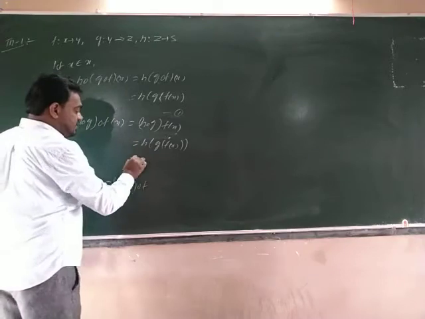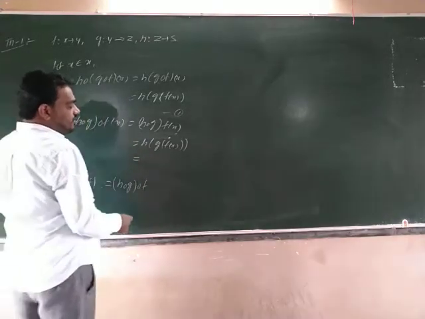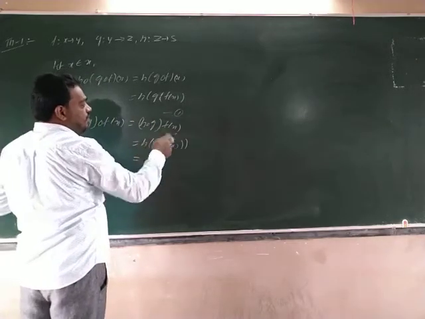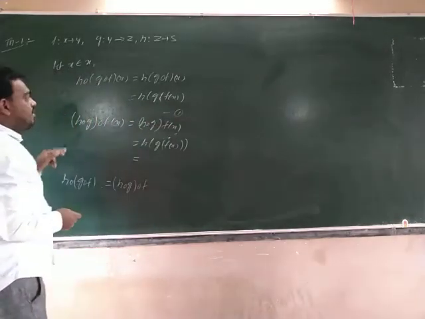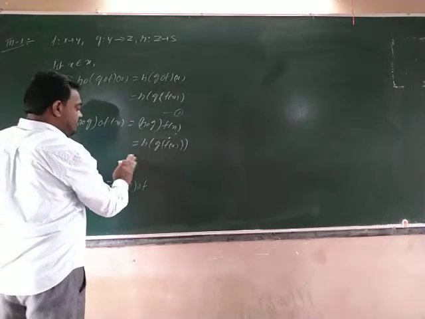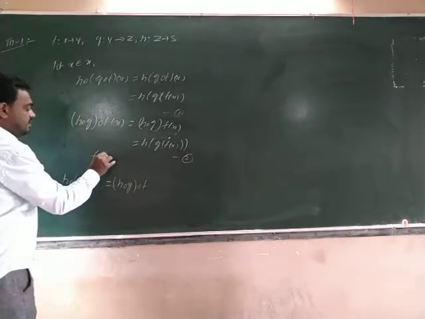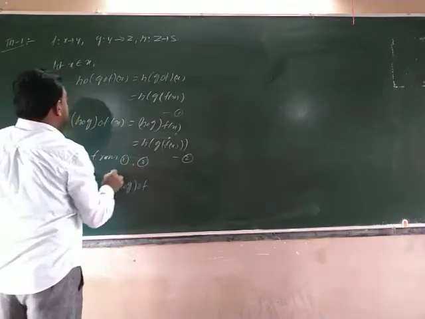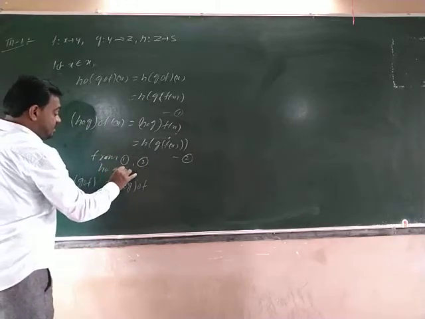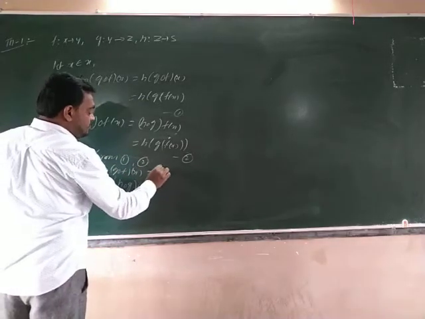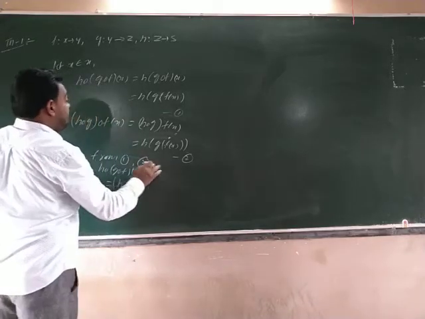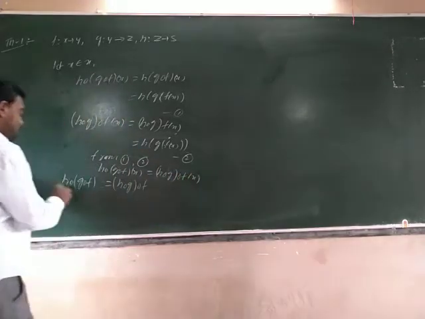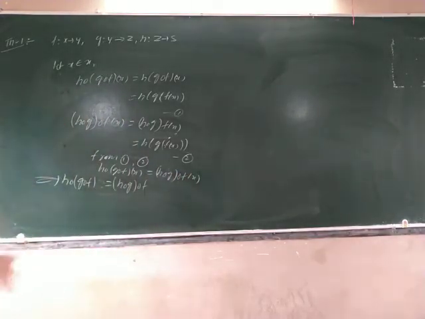Right? This is equal to what I am writing, you see. Just you see h of g of f of x, h of g of f of x. From 1, this is equal to, otherwise I take as 2, from 1 and 2 you write. Otherwise from equation number 1 you substitute this right side. From 1 and 2, h circle g circle f of x is equal to h circle g circle f of x. From these we cancel both sides x, you are getting the answer.